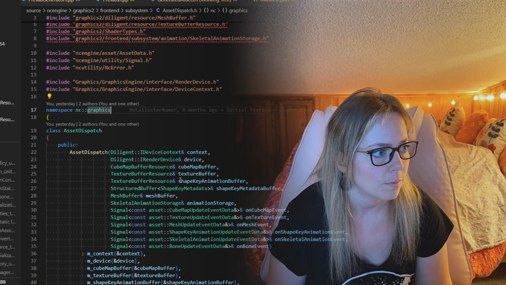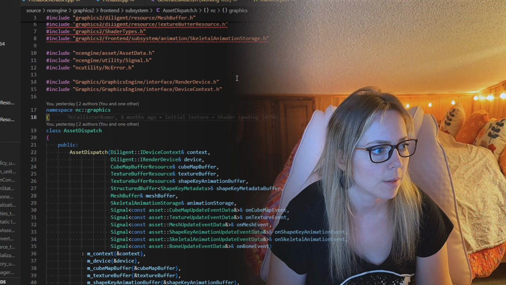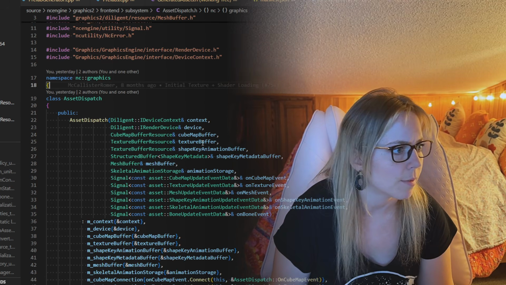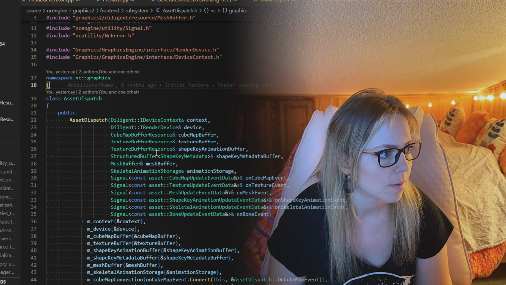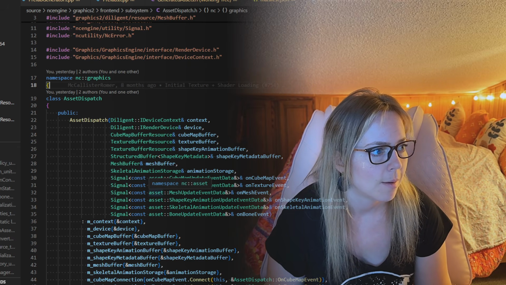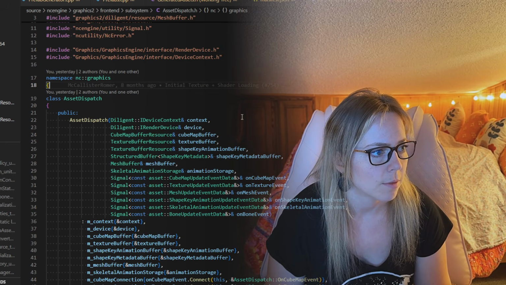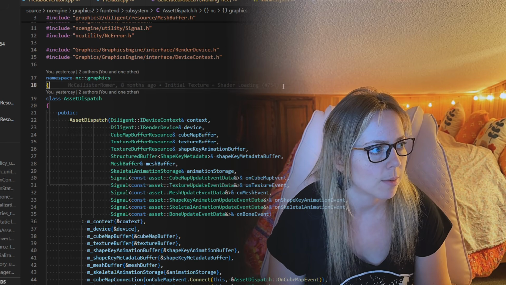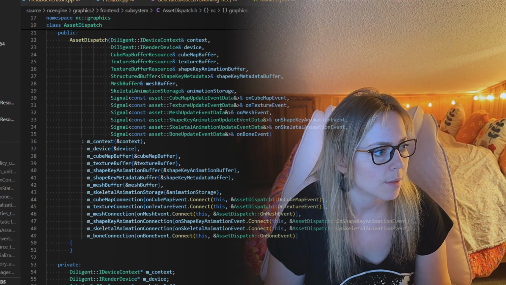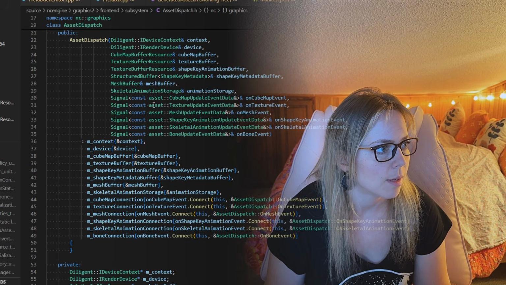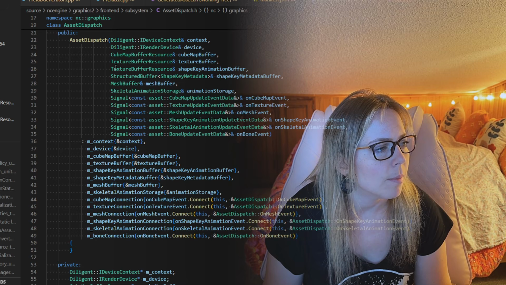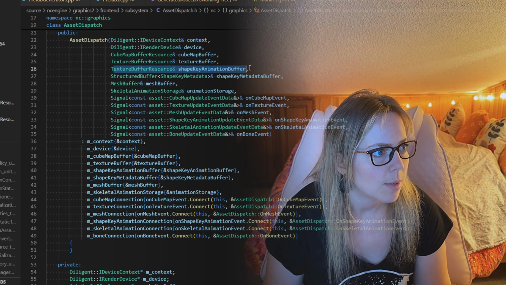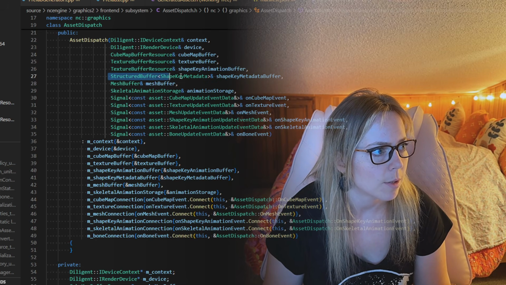So this has just either a ref or a pointer. Actually, I think it's all refs here. Reference to our buffers and texture array classes, and those live in a different place. They're managed elsewhere, but asset dispatch has a handle to them. When the event is raised, we go and find the underlying, where is it? We have a texture array for the shape key animations, and then we also have a structured buffer for the